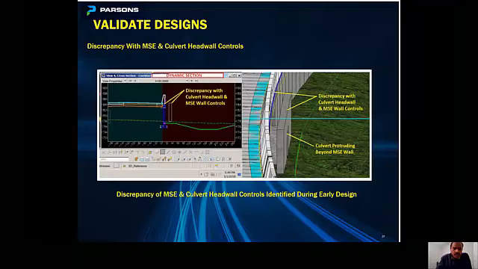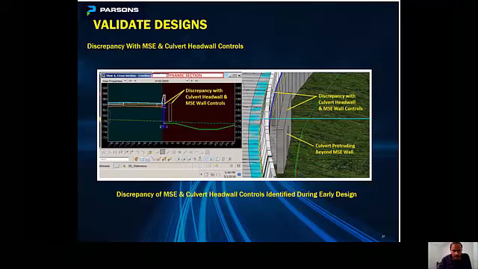During the early design stage, we were able to identify in one of the locations that the culvert was sticking out, and it was protruding beyond the MSE wall. As you can see, the head wall was sticking outside the MSE wall, and in the dynamic section also, you can see how the head wall was sticking out.